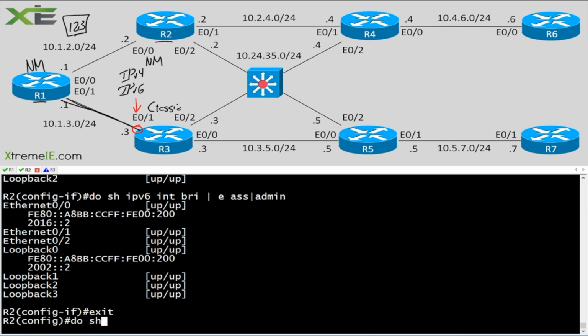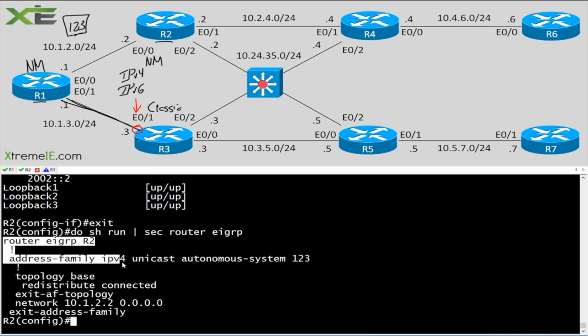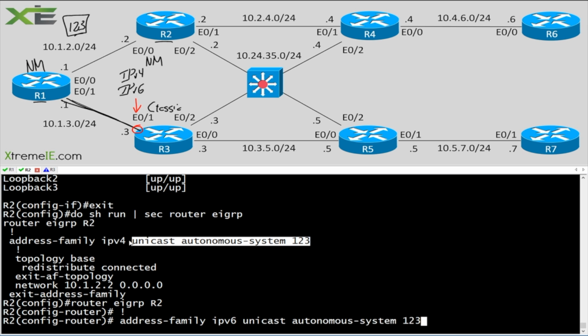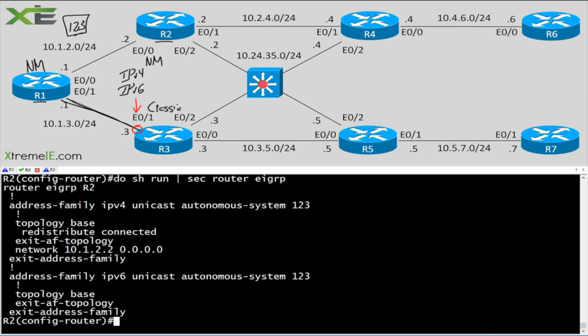So in theory now, do show run section router EIGRP, all we should have to do is go into our process and say IPv6, and in fact, we can just copy and paste the rest of this, and essentially we're done. And you can see, again, we have an adjacency that comes right up. Do show run section router EIGRP. So bringing up an IPv6 address family, an IPv6 adjacency in EIGRP is much, much, much easier than dealing with